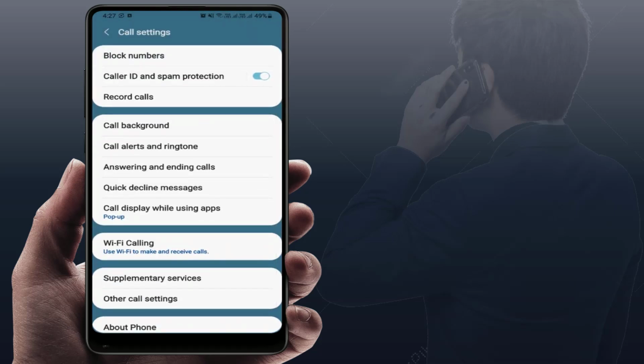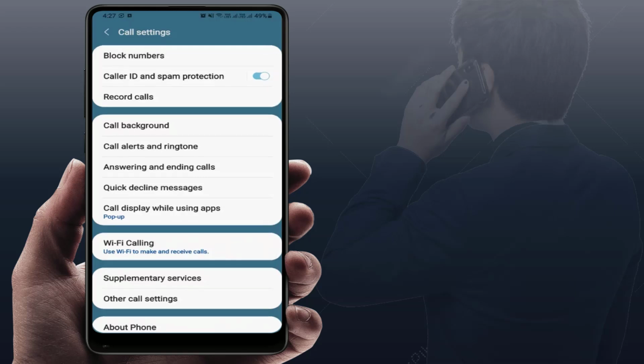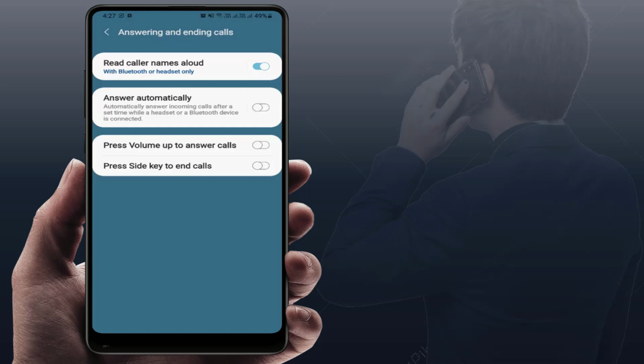In these settings guys, here you can get the option answering and ending calls. Just tap on it. Here you can get the option answer automatically. Just you need to enable this option. That's it, like this. And if you want to set a certain time duration to answer that call, just tap